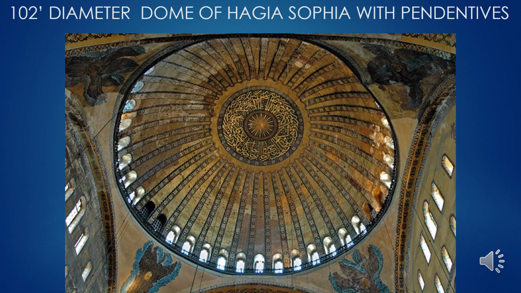When we look at the dome of Hagia Sophia, the architecture is notable for the use of pendentives, those triangular pieces that connect the dome, or basically the sphere of the dome, and transfer the weight of that down to the sides of the building. Those triangular supports, where you can now see archangels painted, are what helps transfer the weight of the dome down to the sides and down into the ground.